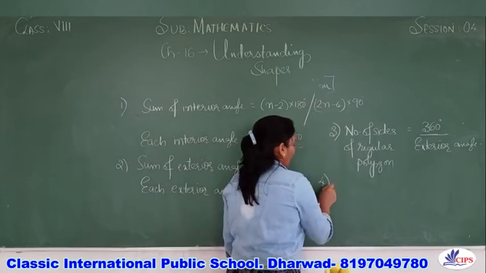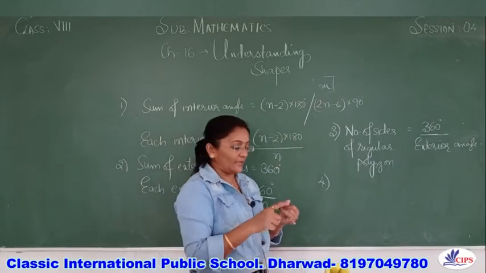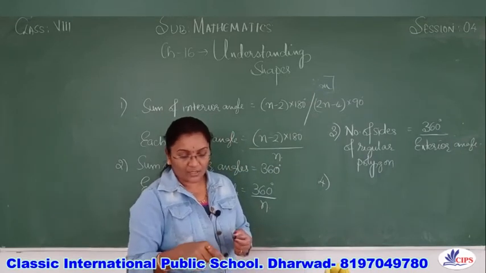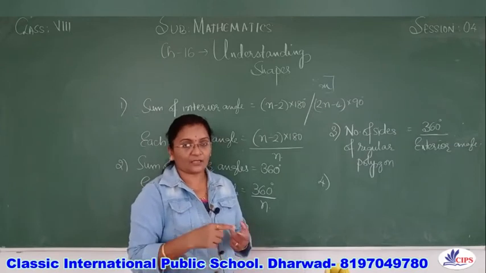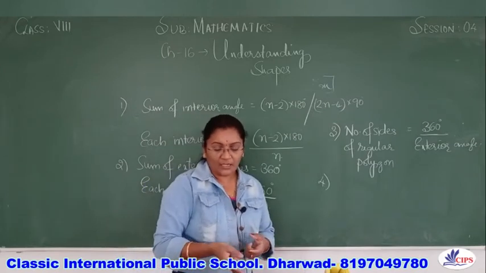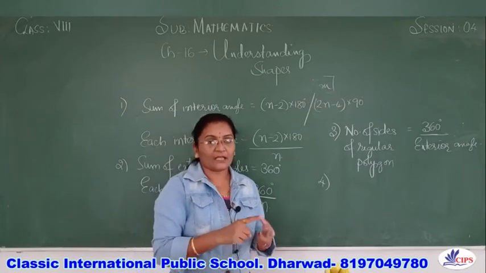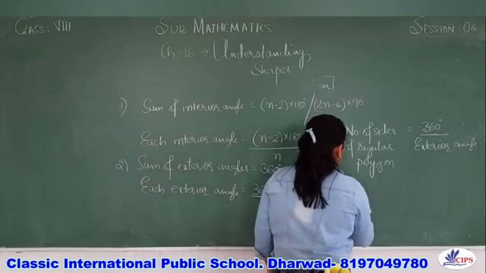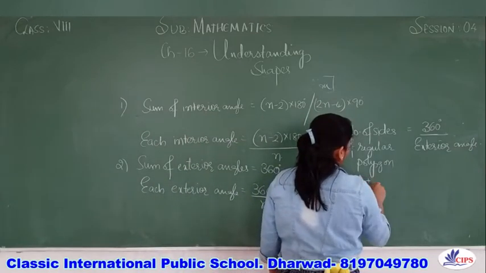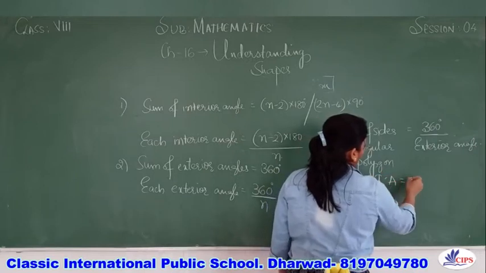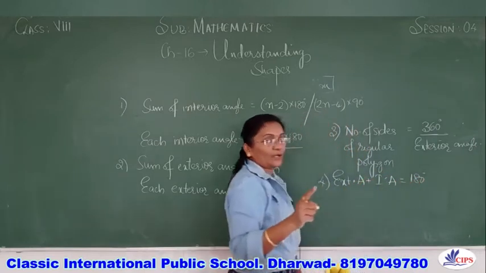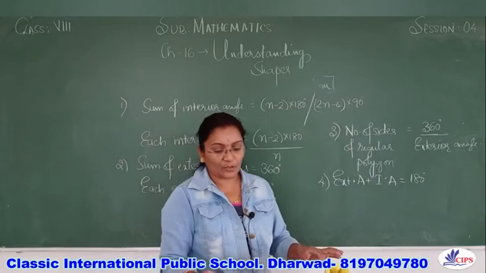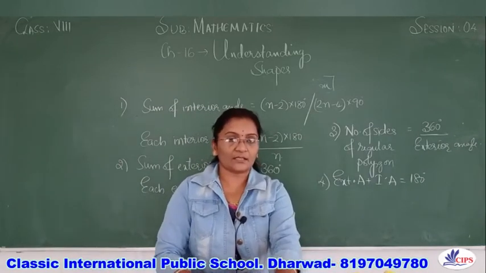Next, the last, fourth one, as I have already explained: the sum of the interior angle and one exterior angle at one vertex will be 180 degrees. Here they have asked whether the given polygon is regular or irregular. At each vertex of the polygon, exterior angle plus interior angle equals 180 degrees. I am writing it in short form: when you add exterior angle and interior angle, it will be 180 degrees at each vertex, at one corner. So learn all these formulas, and using these we have to solve the next exercise sums, that is 16b.